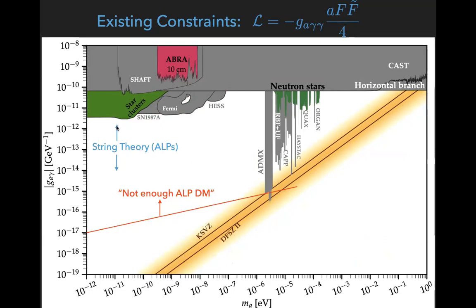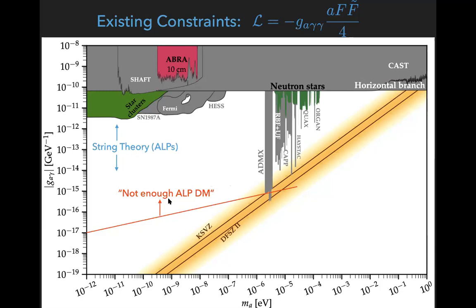I'm mostly going to be focused on this part of the parameter space, ultra low masses, and coupling slightly below current limits, and trying to get after these axion-like particles, which are motivated in part from thinking about string theory type scenarios. And one thing I just want to stress is that naively, you don't produce enough dark matter up here. So if you're an ALP and you're above this red line, it's very hard to explain the dark matter